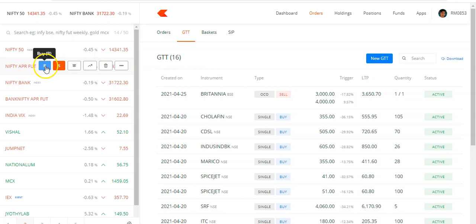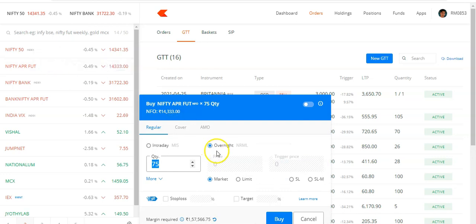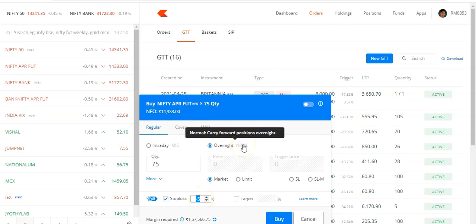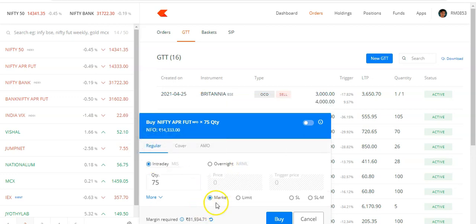Say you want to buy, let us take buy. You want to buy Nifty futures. So click on buy. Even here you can place a stop loss and target when you do something in NRML, that is overnight position. Intraday, that is not available. Either you have to go to cover order to place a stop loss. Bracket order is not available as of now. So you can't place a target.